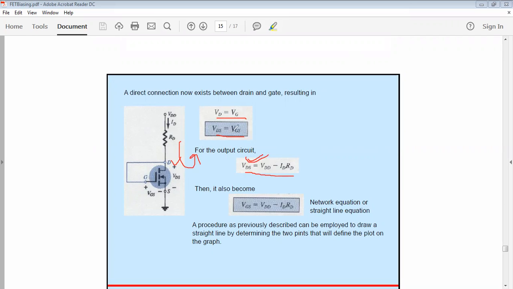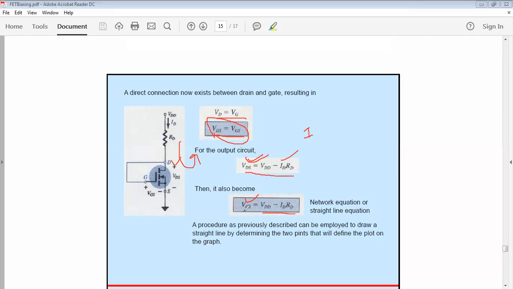Once you know the VDS output voltage, VDS is equal to the input voltage VGS. Same, VGS is equal to VDD minus ID into RD. Why? Because drain and gate both are short circuited, both are at the same potential. We know the VGS, so indirectly we know the VDS also, right? That expression is substituted in the current ID, then we have to calculate the ID.